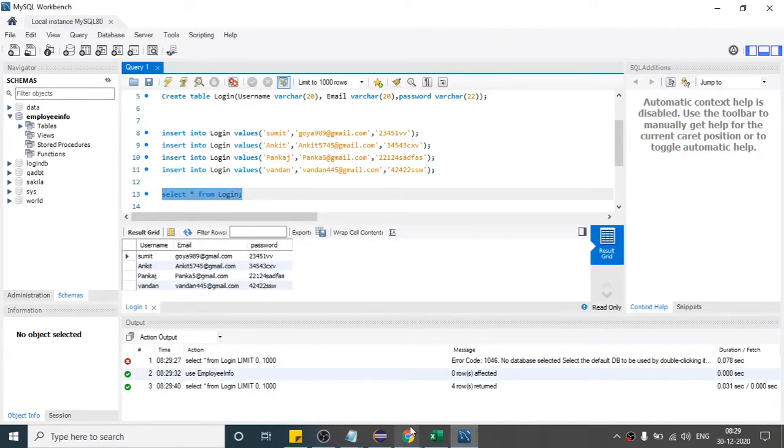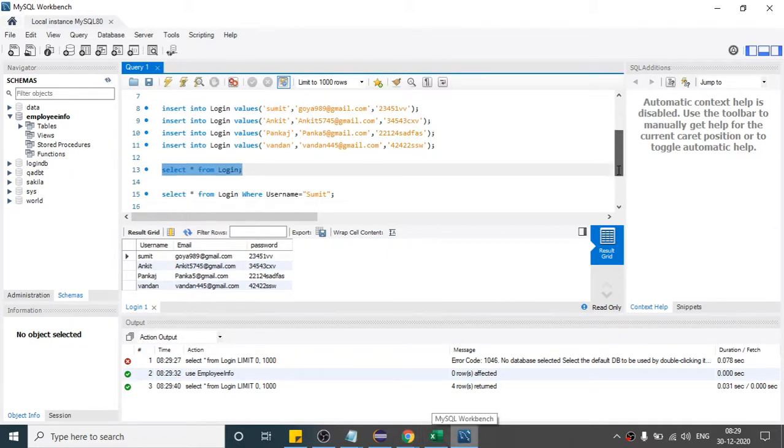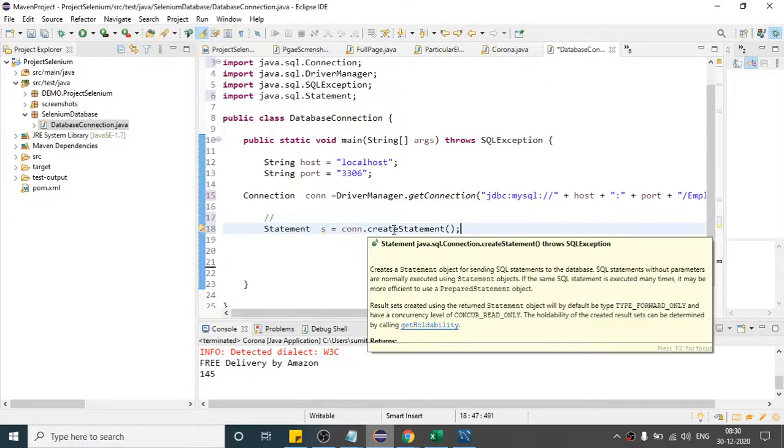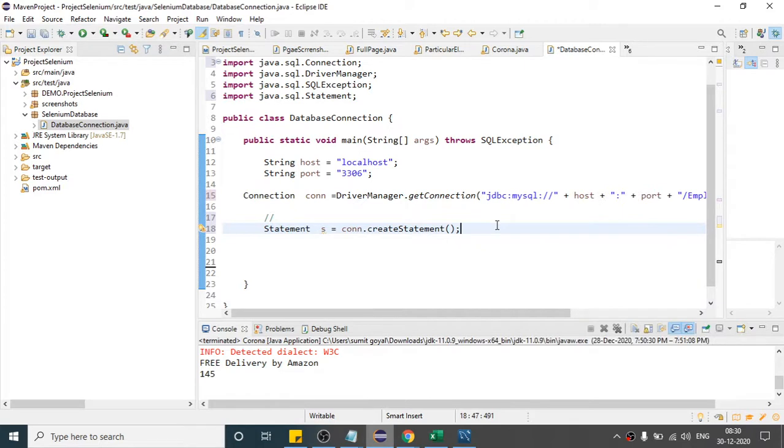So here as well, if I come here, as this is a SQL statement, I provide this SQL statement in my code here, because once I provide that, it will get all the data, right?